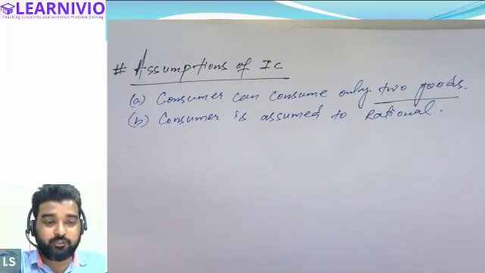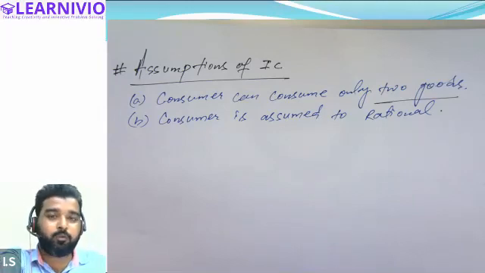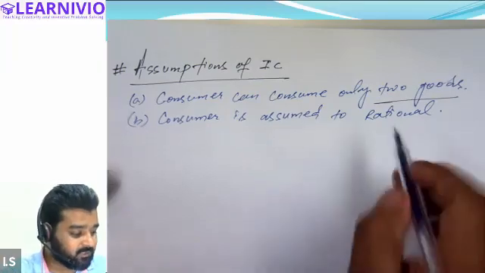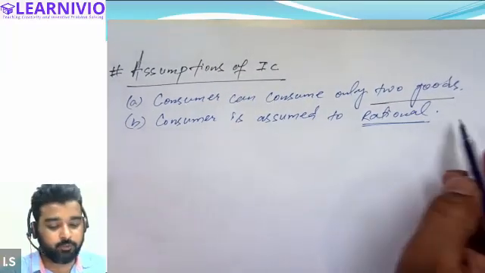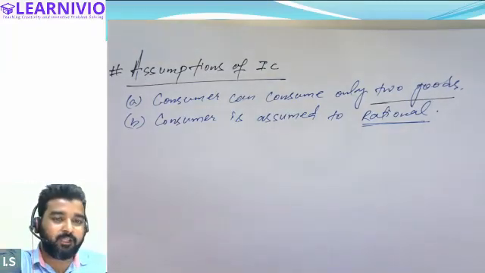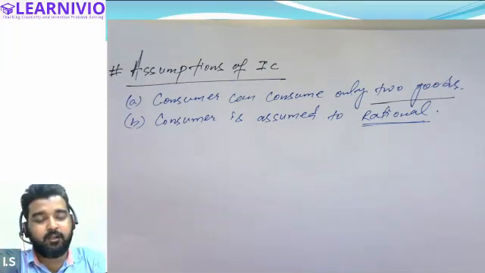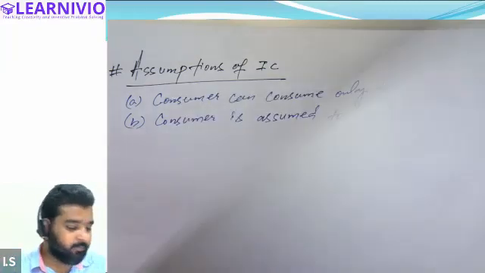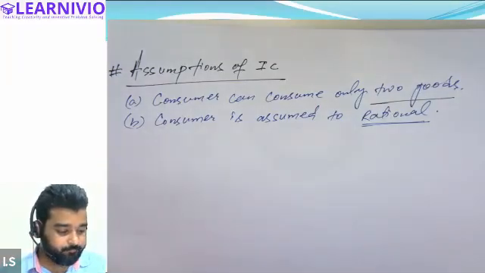Because you are rational. You can differentiate. You can calculate that one note of 10 rupees is not equal to 500, right? So while discussing the concept of indifference curve, we always assume that we are discussing a rational person who can decide what is good and what is bad for him, and the person who is rational can only decide how many units of one good need to be increased if I am sacrificing a certain number of units of the other commodity, right? Like the example we were discussing right now.